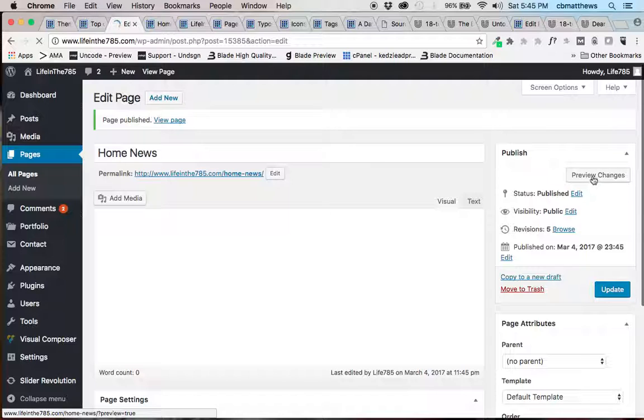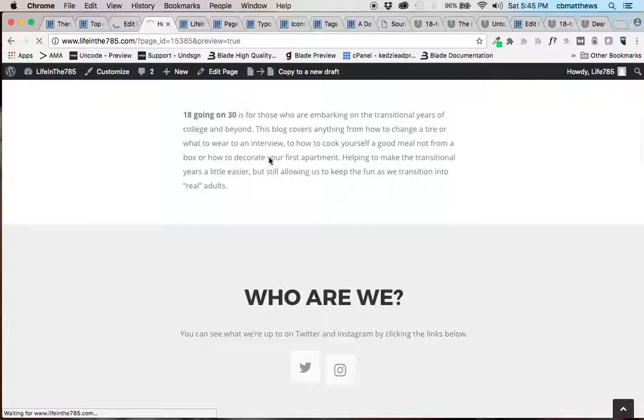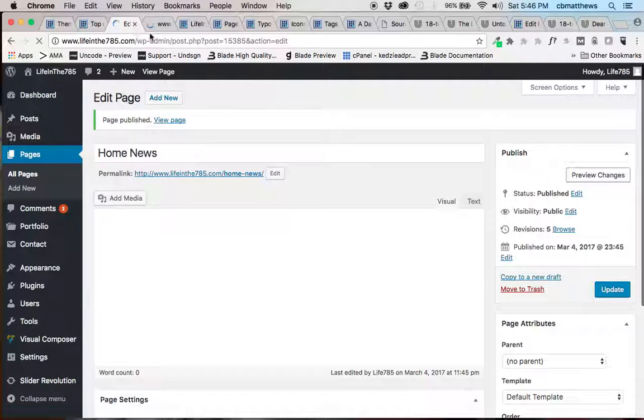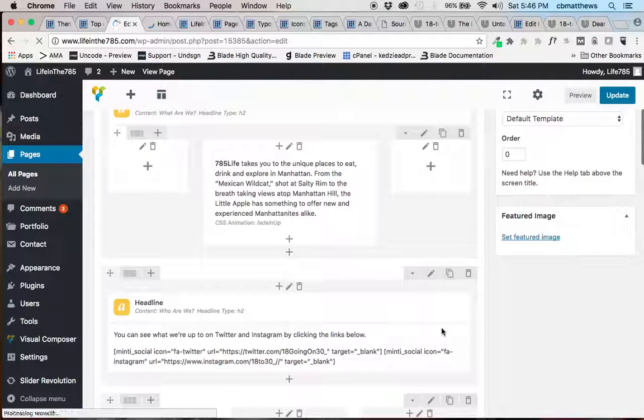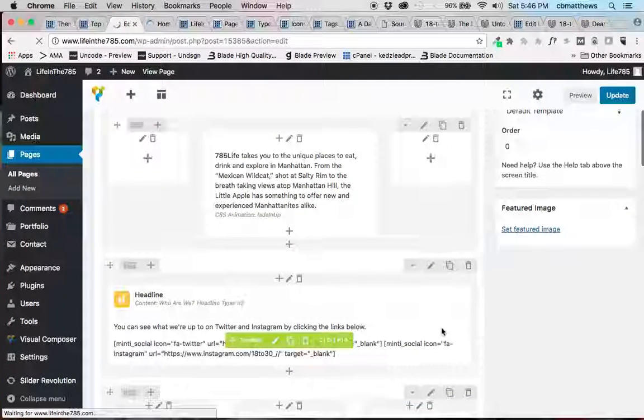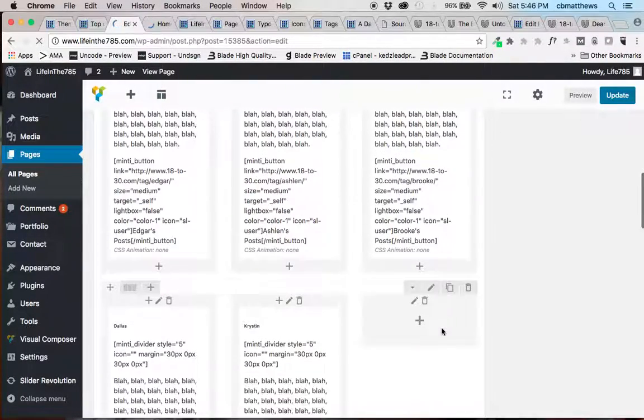And then once that's done, I'm going to hit this preview changes button. It's going to go back to the preview. We're going to be able to see a few of the things that have changed. Once this is done saving. As long as it's wanting to keep redrawing, I'll just scroll down and just show you what the other blocks